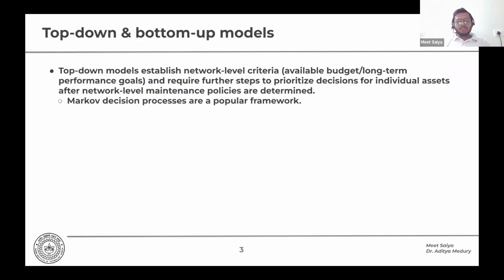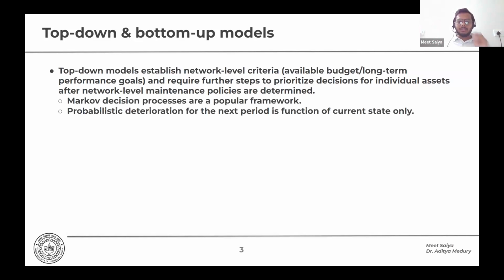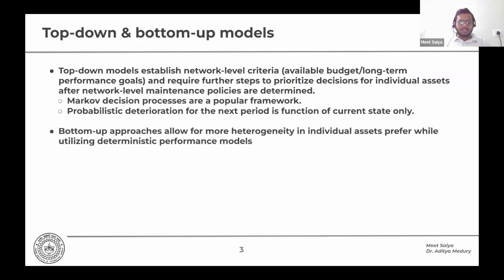Typically for pavements we usually have Markov decision processes, which basically means that the future states are just a function of the current state, and probabilistic deterioration. So in this study we use a probabilistic deterioration function, and these are popular in this kind of setup. Bottom-up approaches typically are used for